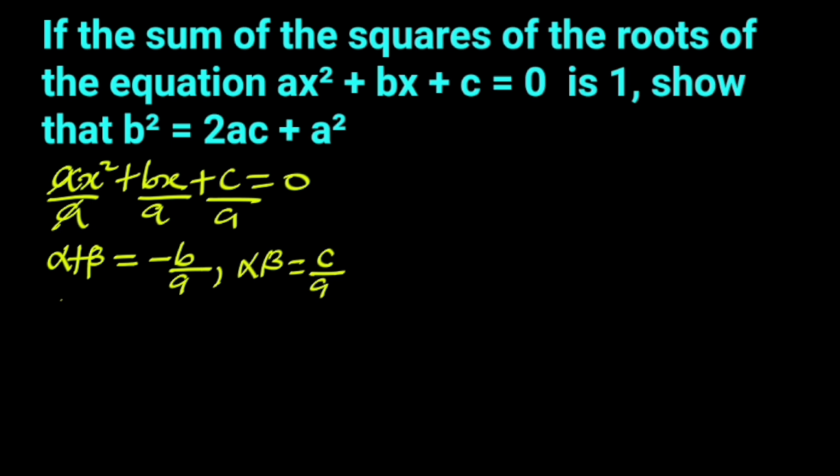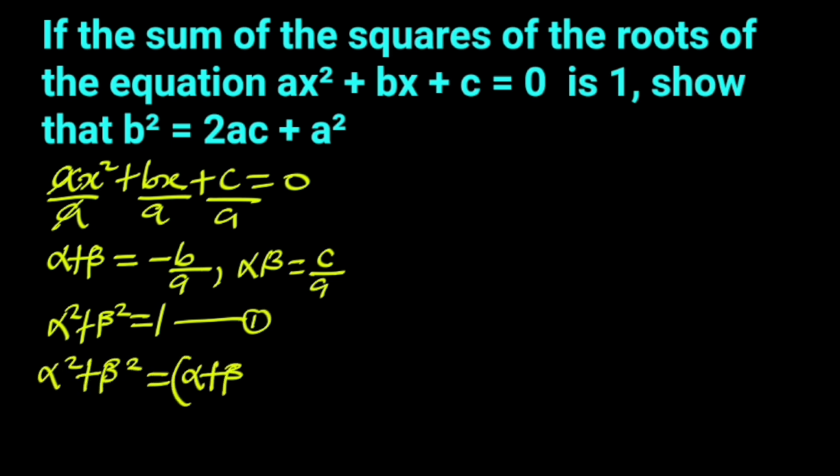Also, from the question, it is given that the sum of the squares of the roots of the equation ax² + bx + c = 0 is 1. This implies that α² + β² = 1, let's call this equation 1. Also, recall that α² + β² = (α + β)² − 2αβ, let's call this equation 2. Substituting the value of α² + β² = 1 from equation 1,